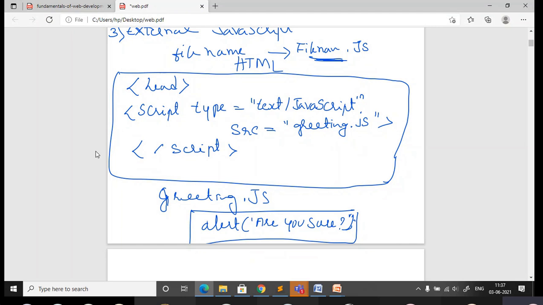And just remember, it should always be within the head section. I have not closed it, so you close the head section here. It should be placed within the head element only.